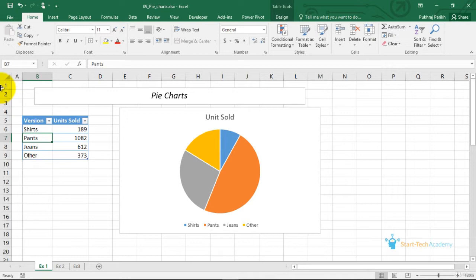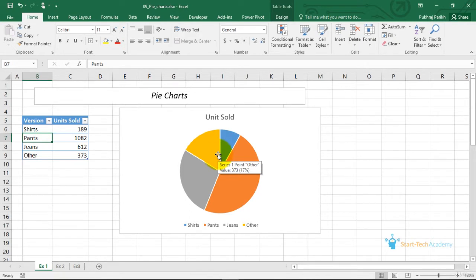For example, you must have seen such kind of pie chart showing the votes or seats won by different political parties during elections. Generally, a pie chart should not use more than 5 or 6 data points, that is, slices. A pie chart with too many data points can be very difficult to interpret.